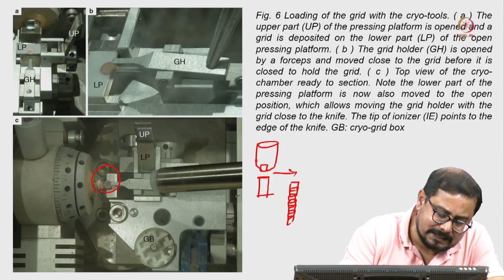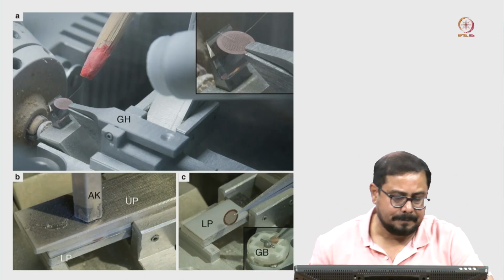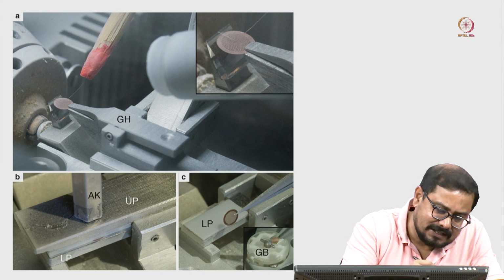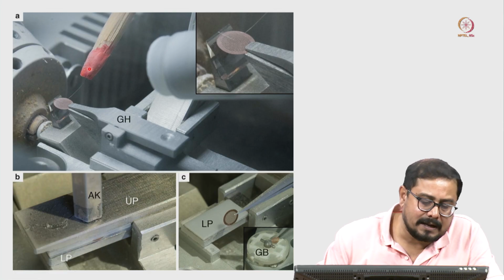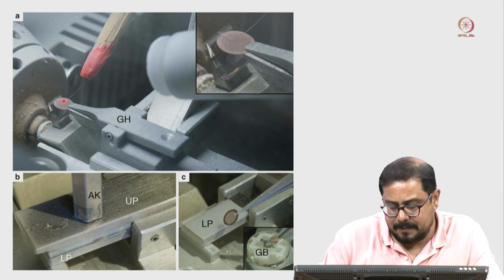Here you can see this is the sample area, and this is the grid where we are collecting that sample. This is the ribbon, and you can see there is an eyelash, which is helping to put that ribbon on top of the grid. So, we are using this eyelash to bring that ribbon on top of that grid. Here you can see the ribbon is there.